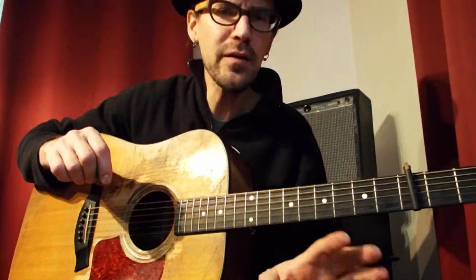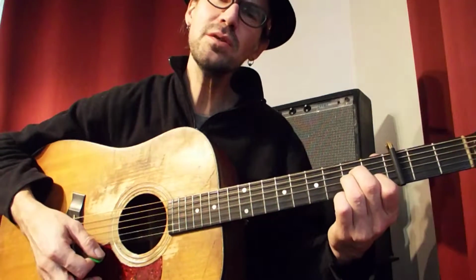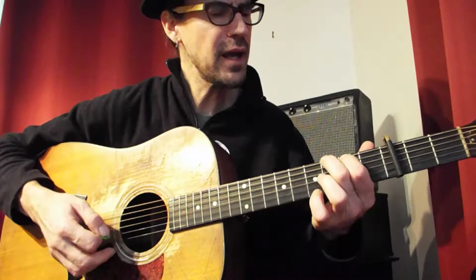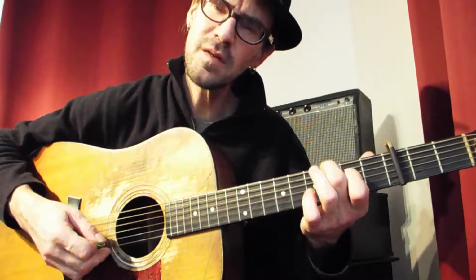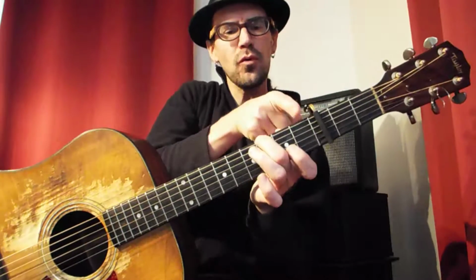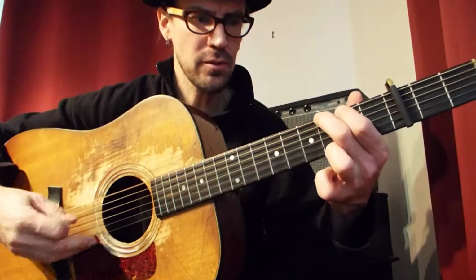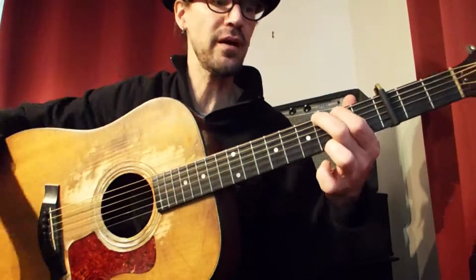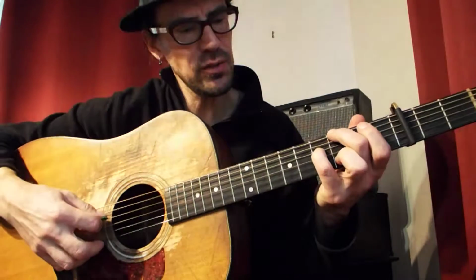Little thing I did there in the chorus, you might have picked up on this. I go, if you want to get to the root of something, you can't chop it down. That thing is at the 7th fret. When I'm playing that G shape, I hit my B flat note on the 6th fret of the low E string, and then I add my pinky here to the D string